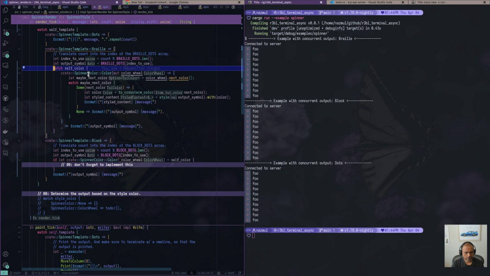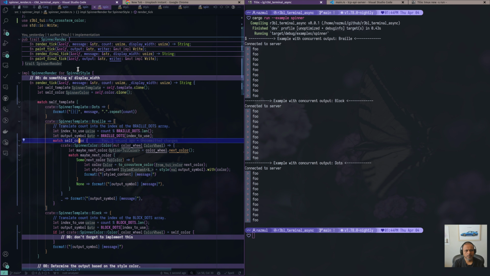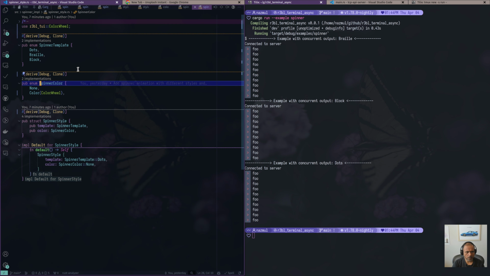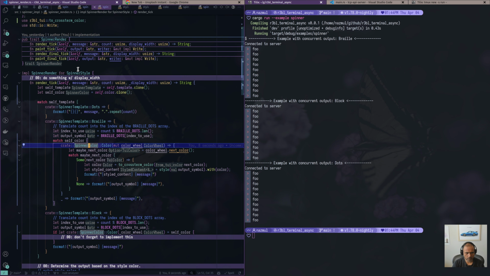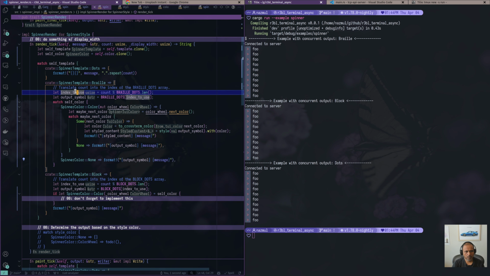Okay, so this is saying that, let's see what the other variants of smear color are. None. Oh, okay. So this is saying, there we go. So okay, I see. Wow, that's quite complicated. Let's see if it works, because we're saying if there is a color wheel in the spinner color, which is in the style, then